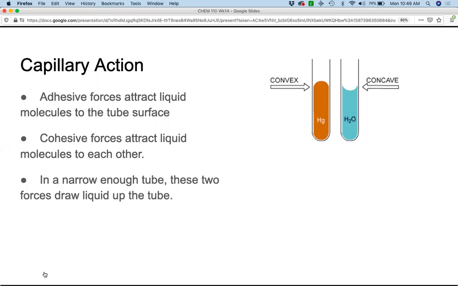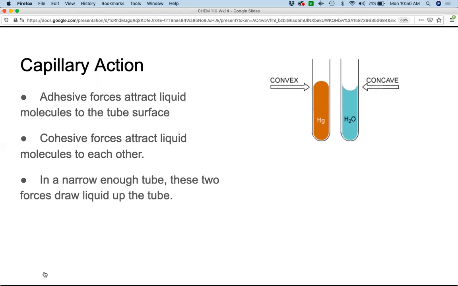And these cohesive forces attract the molecules to each other and to the tube. In a narrow enough tube, you're actually going to see convex or concave meniscuses based on the attractive